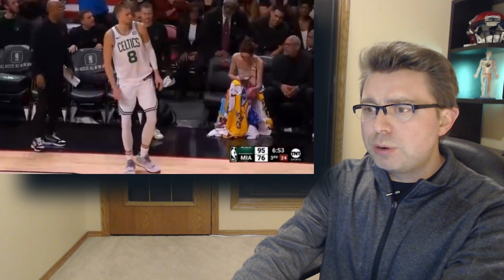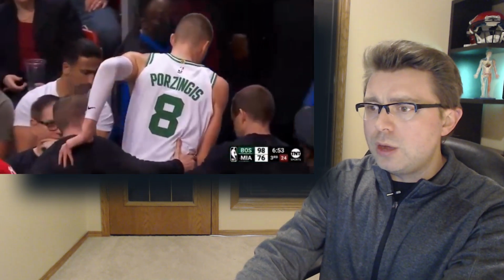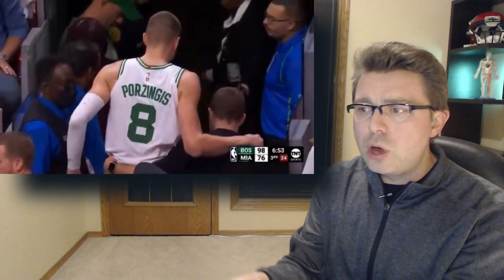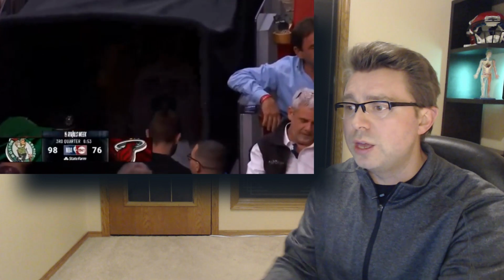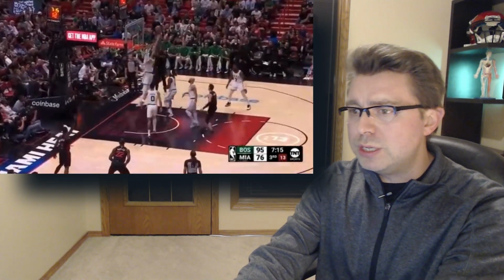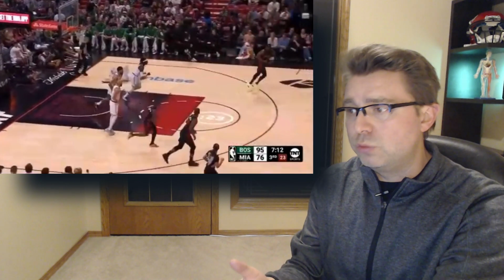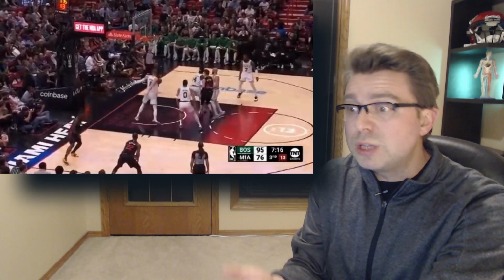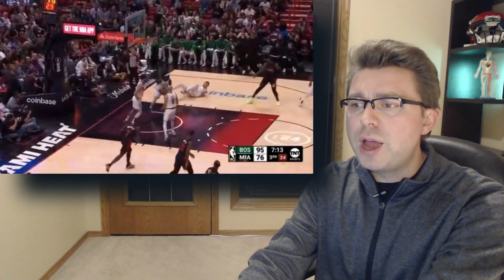A couple of team personnel help him get into the hallway going into the locker room, and what will happen now in the locker room is that the team medical staff will look at the range of motion in his left ankle. They'll check for swelling or edema and use an evaluation criteria called the Ottawa Ankle Rules. Diagnostic imaging will likely be performed in order to be on the safe side and to rule out any fracture